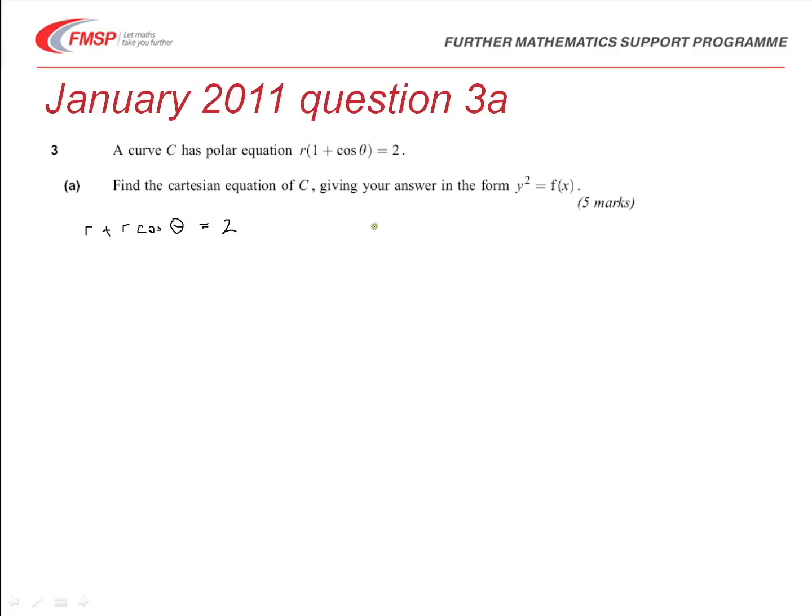And then using x equals r cos theta, we can then substitute and end up with r plus x equals 2, and then r will be equal to 2 minus x, and now we need to replace the r, so remembering the fact that r squared equals x squared plus y squared, then we can square this